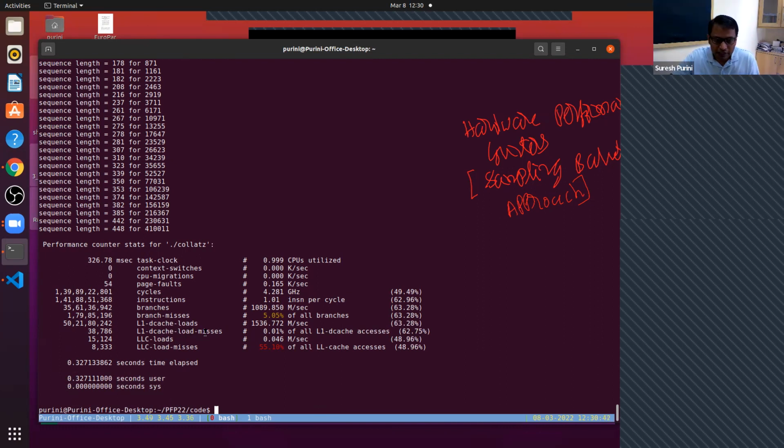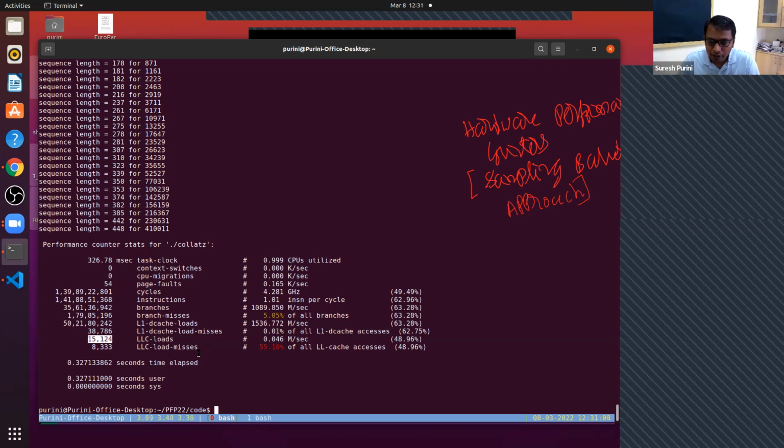D cache stands for data cache. So this is the total number of loads, and out of these loads, this is the number of D cache misses, and this is the LLC loads. LLC stands for last level cache, and this is the number of LLC loads. So again, what I want to point out to you is